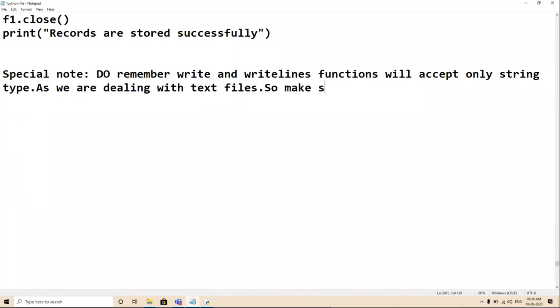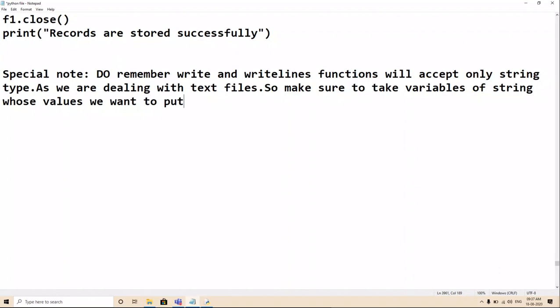So make sure to take variables of string type whose values we want to put in the file. Do remember, whose value you want to put in the file. Okay.